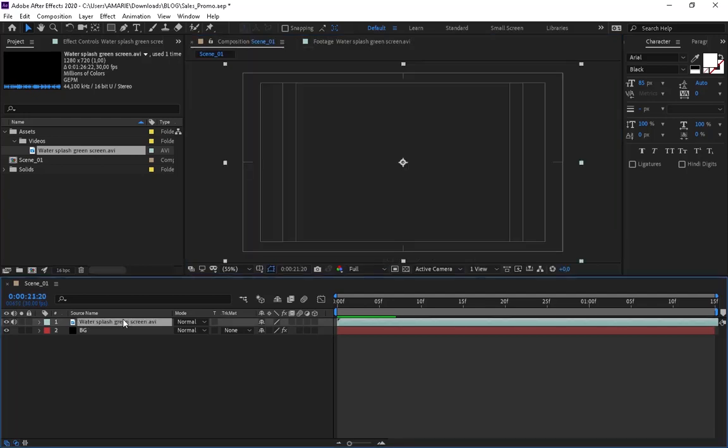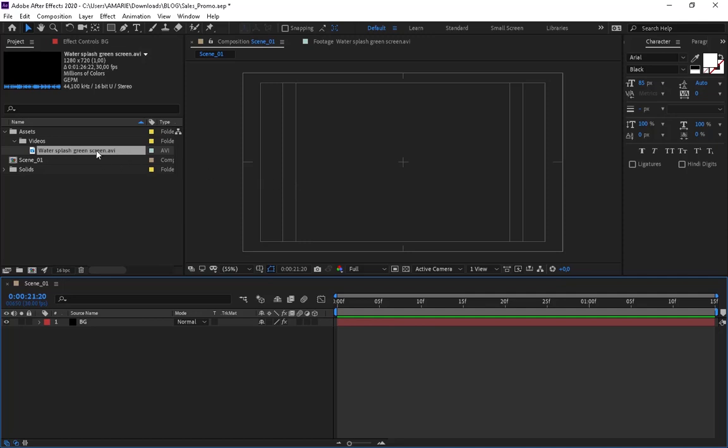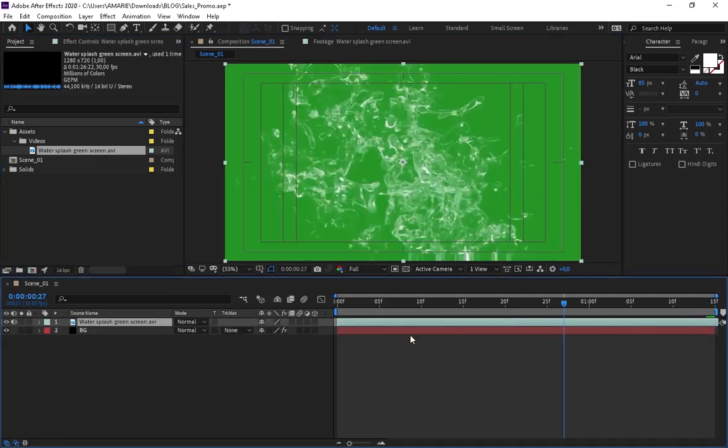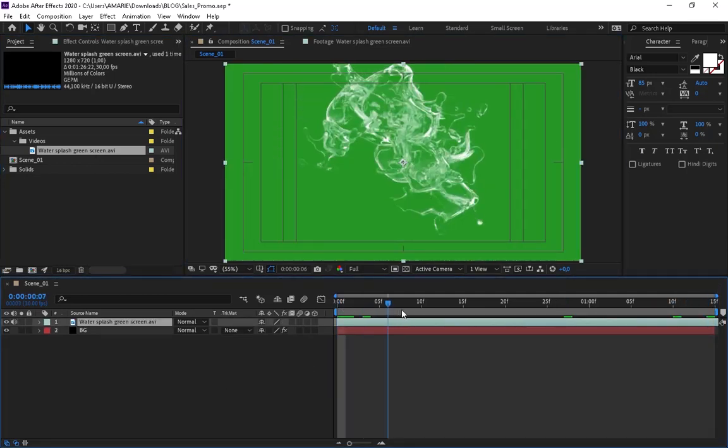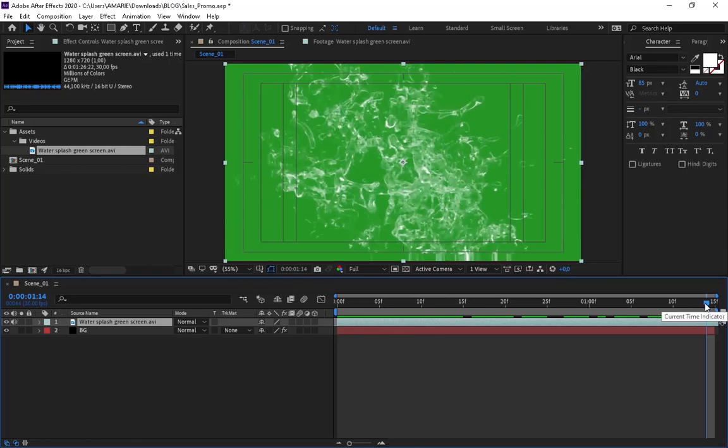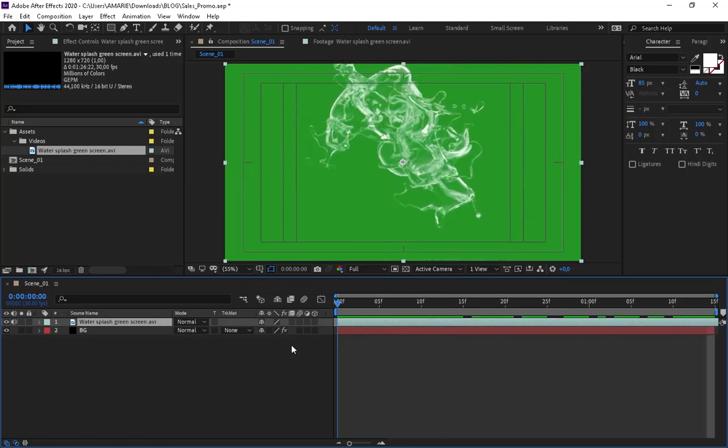Let's delete what we have in our timeline. Let's drag the video in our projects tab by pressing Ctrl /. Let's preview to see what we have now. What we need to do next is to remove the green screen